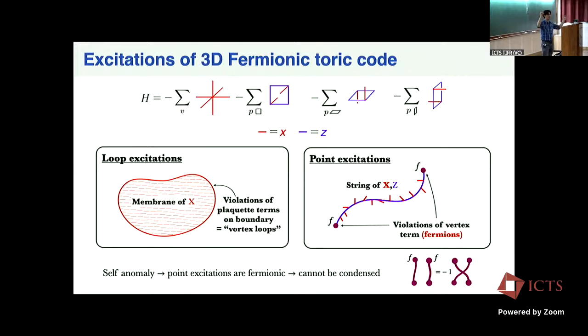So now the excitations created by these are fermions, which is a manifestation of this self-anomaly, which indeed means that they cannot be condensed. And this is why the previous argument fails. I gave you this argument why you cannot have long-range entanglement at finite temperature, but it relied on the idea that you can create a condensed set of point-like excitations that you can then grow and merge. But here now these are fermions, you cannot condense fermions. So this argument fails. And what that means is that this could possibly have long-range entanglement at finite temperature.